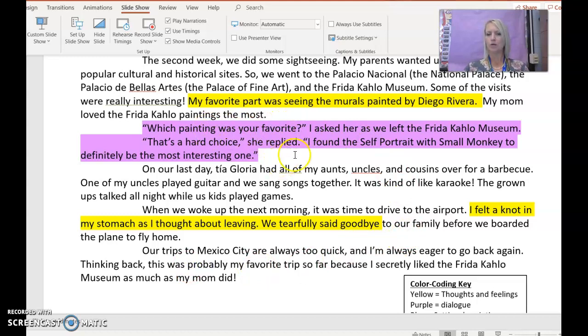As we're looking back, one thing I noticed was the dialogue was just enough. She didn't include everything everyone said because then it would go on and on forever. And let's face it, we don't need to know what everything was about. She just added in a sampling of dialogue to make it more interesting. Like at the barbecue, the people were probably talking about everything.